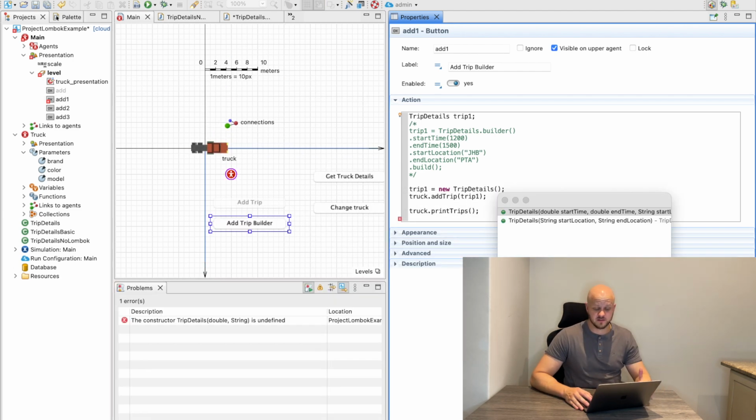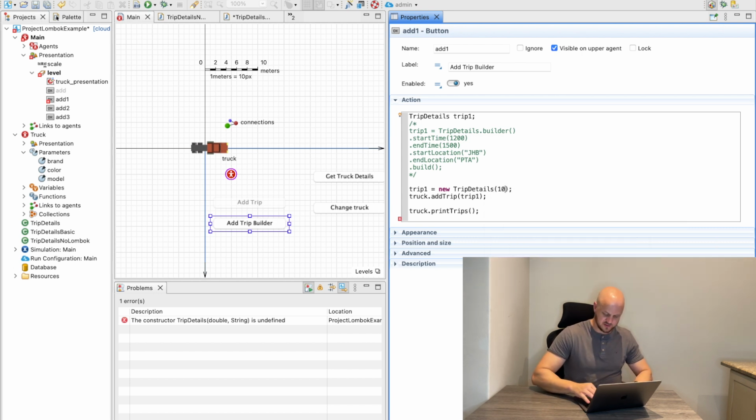If we want to create this new TripDetails using our traditional constructors, we can see here's one with, for example, start location, end location, or we can use double start, end time, start location, end location. Okay, so let's use this one. We're saying it's 100.0, 200.0,